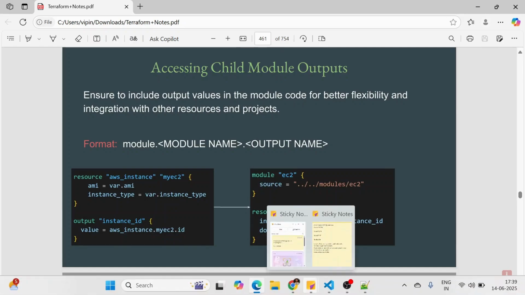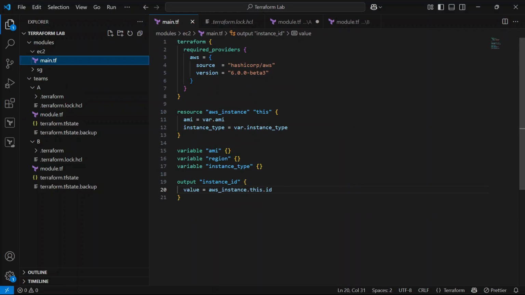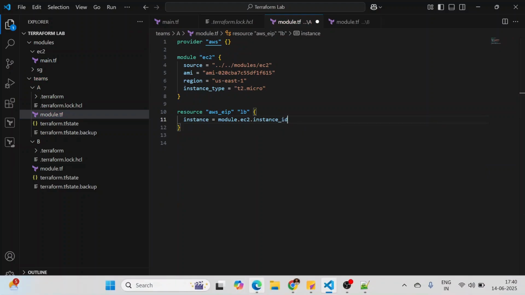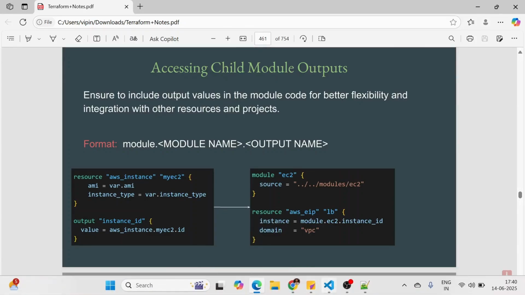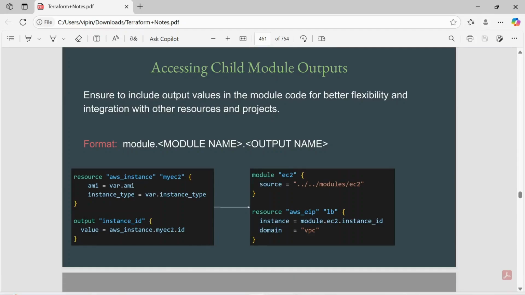What is the output name that we have defined? instance_id, so module.ec2.instance_id. The domain we are going to attach with VPC, so let's define the domain as vpc, and we have to put it in double quotes.